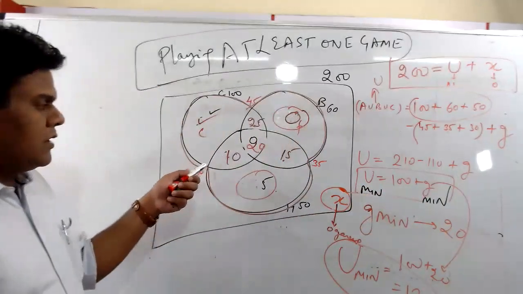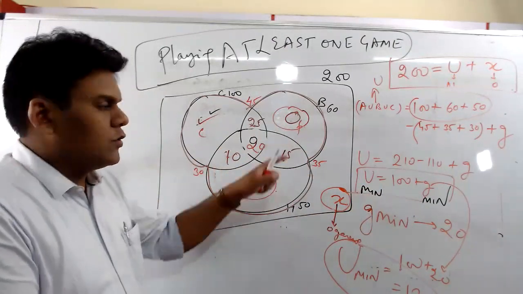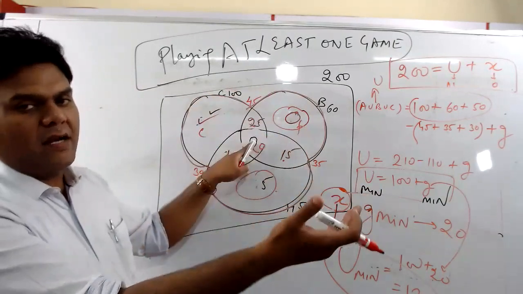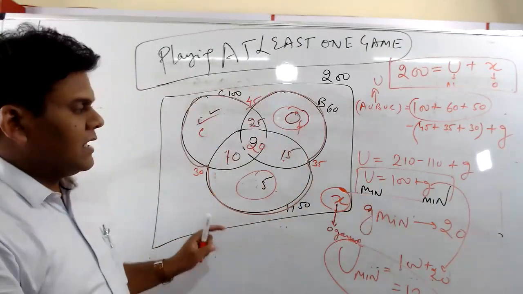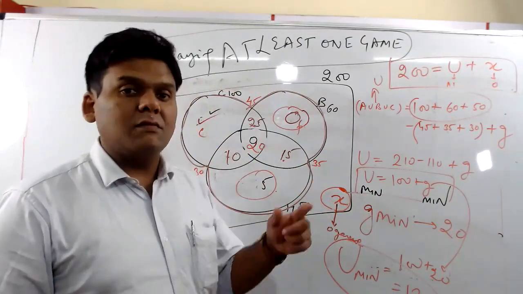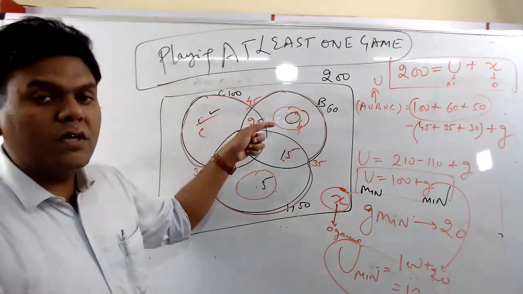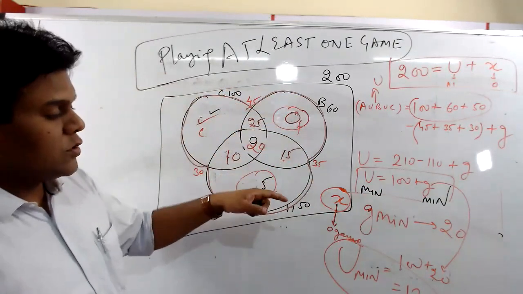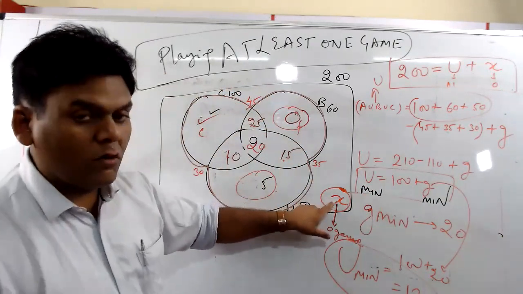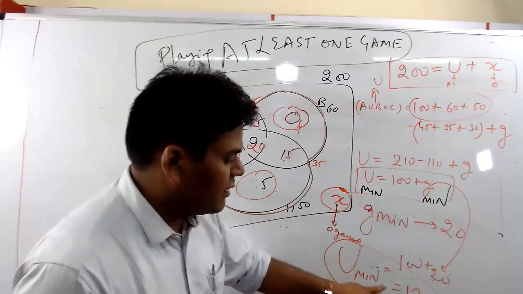Just put the value as 0, see what is the highest possible negative value. To neutralize that highest negative value, you should increase it by that many units. Simple. That's the way. In the next video, we'll talk about how to find out the maximum value of U, the maximum value of the union of all three sets. We'll also discuss how to find out the minimum value of X or the maximum value. Here I have minimized the value of U.